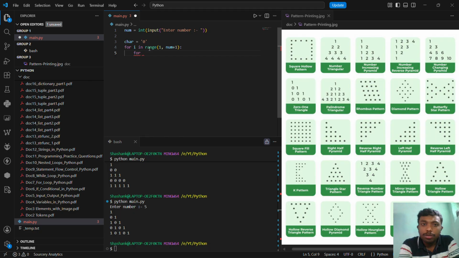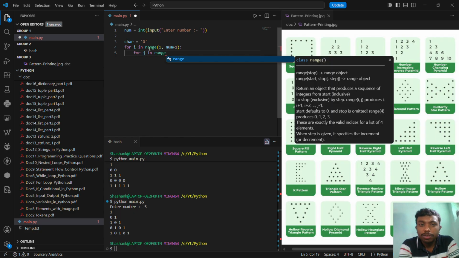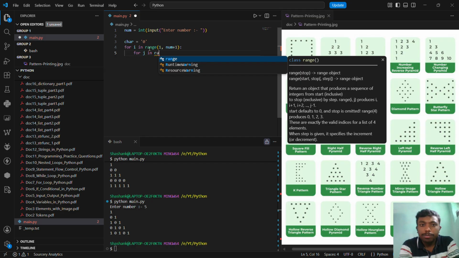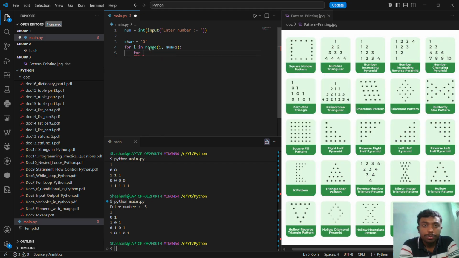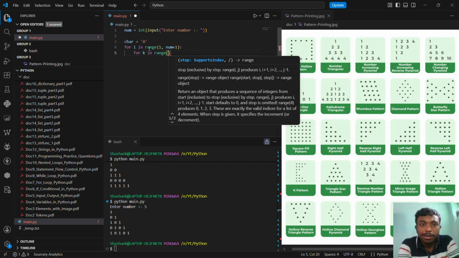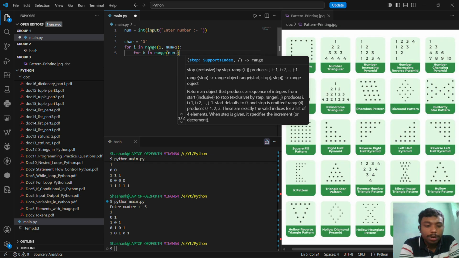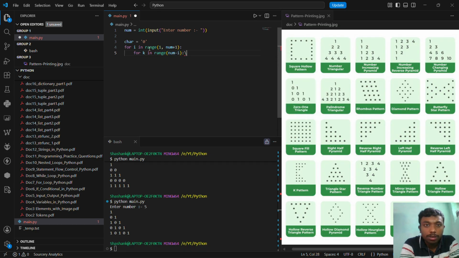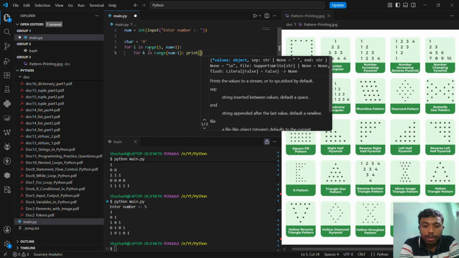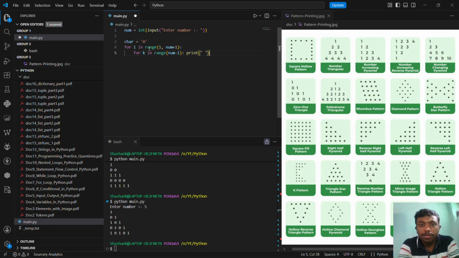So we need to go like this: for j in range. Let's print the space. For k in range, we are going to first print space this time, num minus i. You can even write it like this. If you have a single statement only, you can write it like this. So this is another method for writing a for loop. And after this,